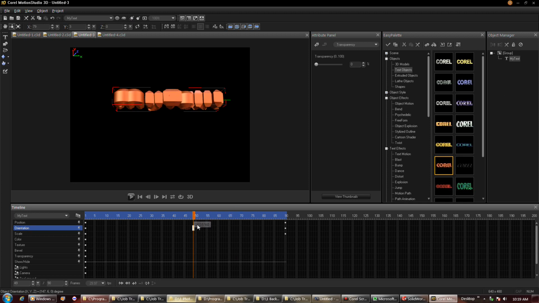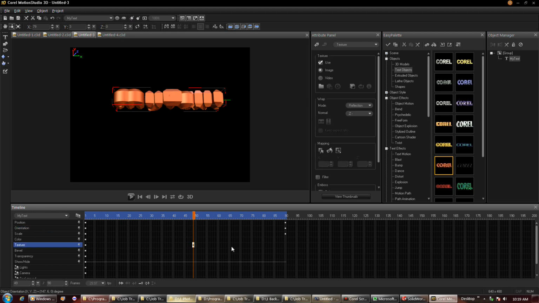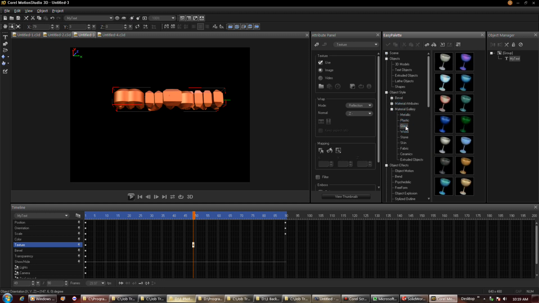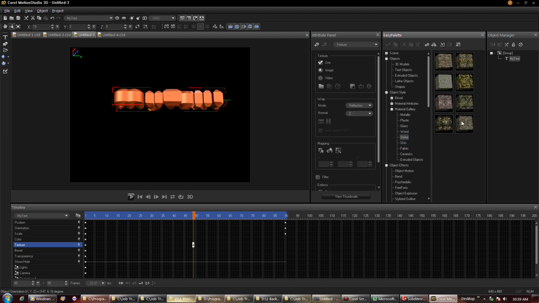So let's say, like right here, you look at texture. Okay, let's say I wanted to double click on it. So let's find a, let's see, glass, stone. Okay, let's go ahead and convert it to stone. Just apply it there, and